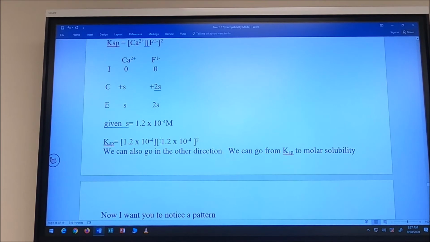And inside here, notice that we're dealing with 2S, so let me put a 2 there. So I've got S times 2S squared. Okay? So if we were to solve this,